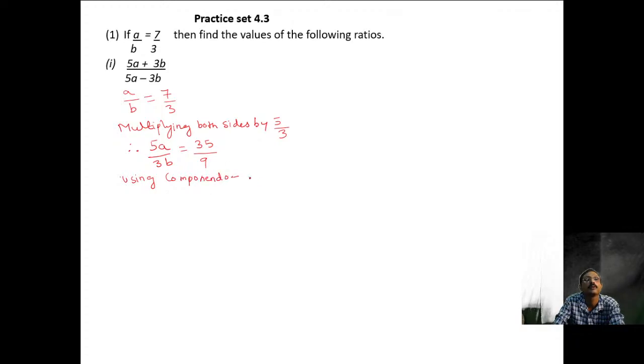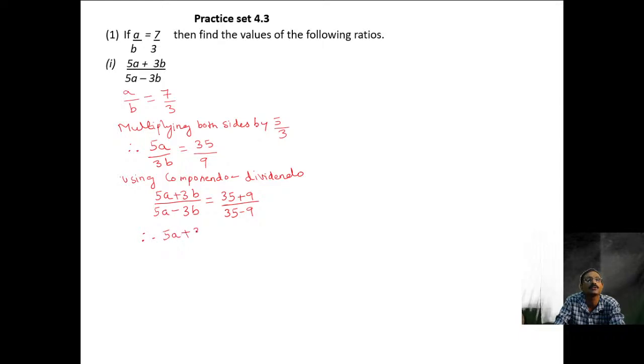componendo, dividendo, what will I get if I use componendo and dividendo? 5a plus 3b upon 5a minus 3b, which is equal to 35 plus 9 upon 35 minus 9. Therefore,